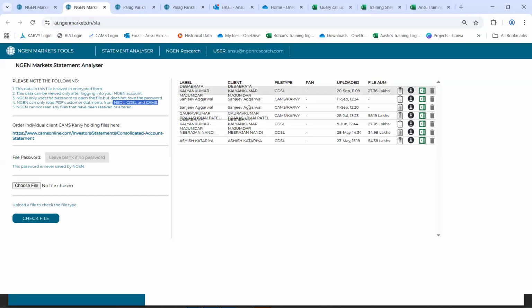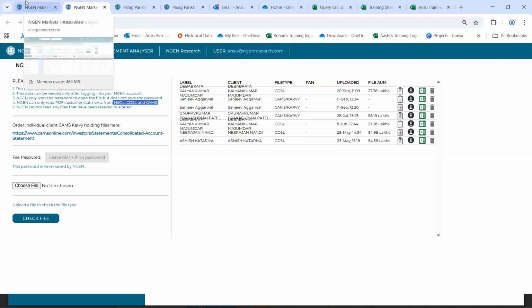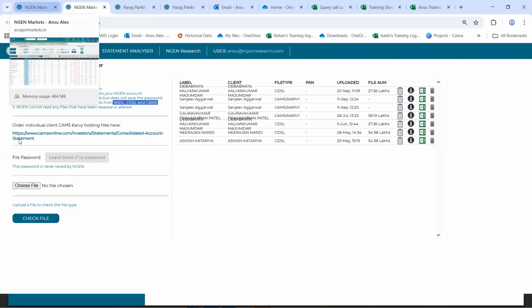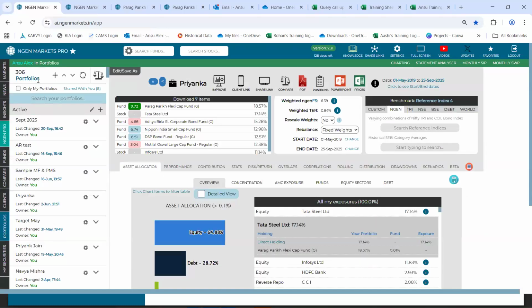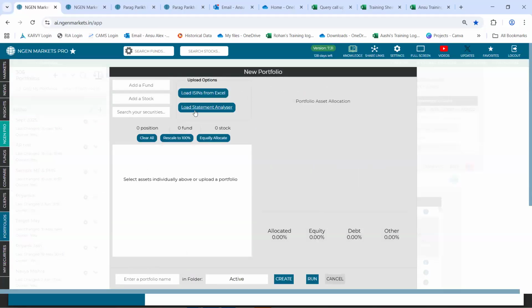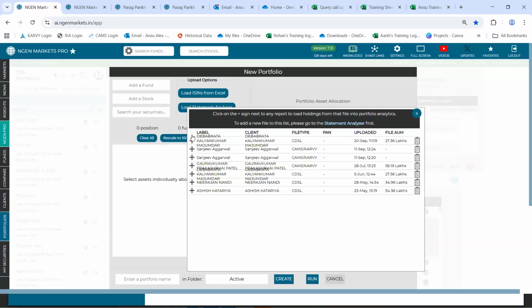Once that is done, it will start showing up towards the right hand side. So this is how you can upload it onto the platform, and to run an analysis on the same, you can just go to this portfolios tab and click on this load statement analyzer page. Just click on this plus icon to onboard that CAS file and to run an analysis on the same.